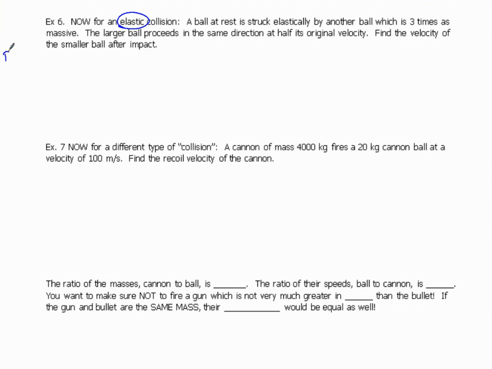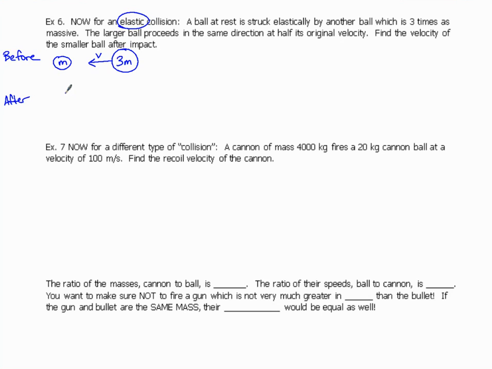So first thing, let's draw a picture. So we have a smaller ball, mass m, and it is at rest. Then we have a ball which is 3 times as massive, and it comes in with a certain velocity. After